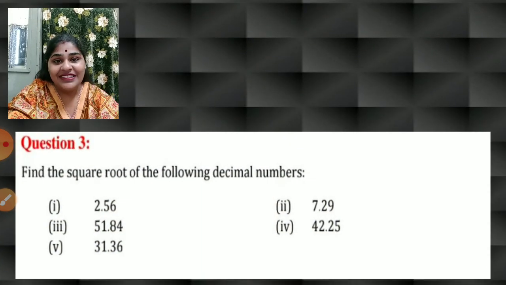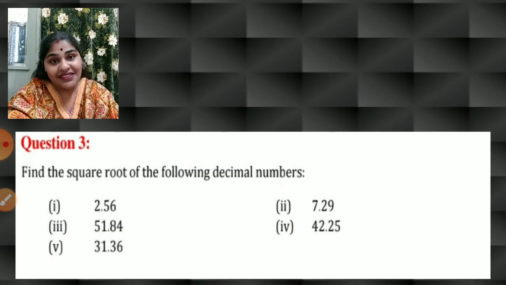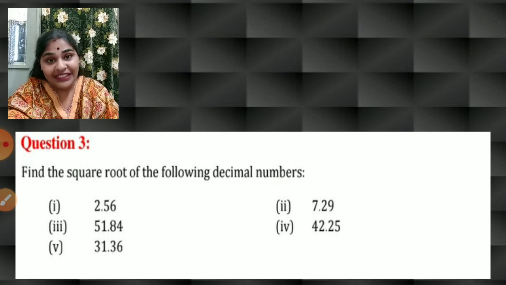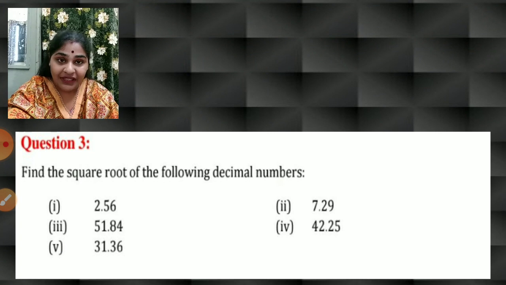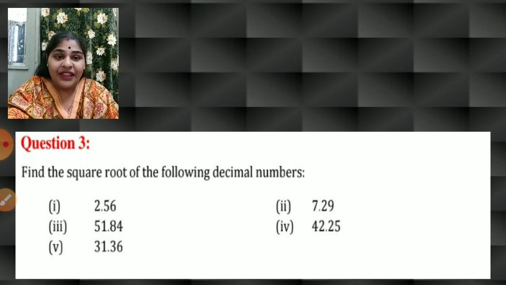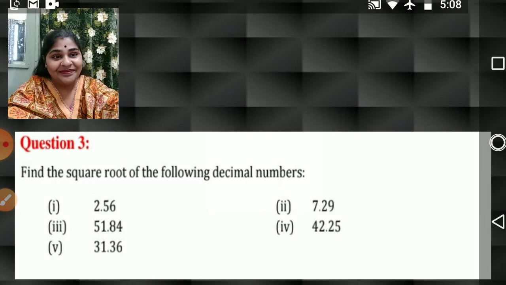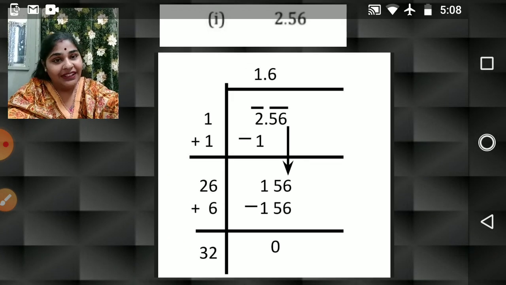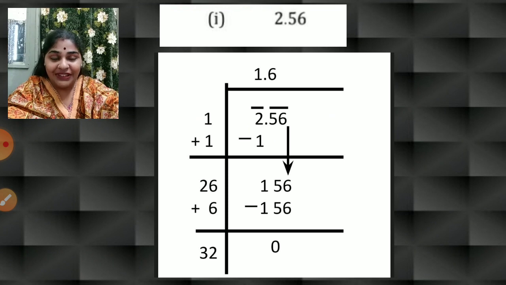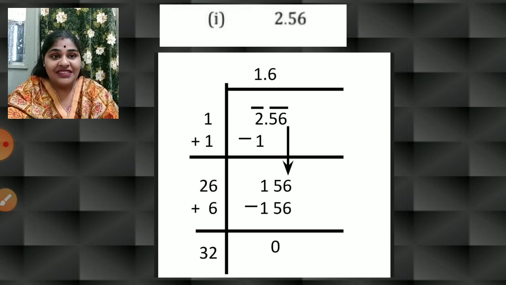Let us move. So this is now question number 3 in exercise 6.4. From exercise 6.4, deleted portion I have already given in the last session, children. Please make a note of that. So find the square root of the following decimal numbers, and few numbers are given over here. Alright, 5 numbers are there. So let us see one by one how to solve it. So this is the first one. Pattern is same, children. Only the thing is where to give the decimal in finding the square root. Okay, so this is the first step.